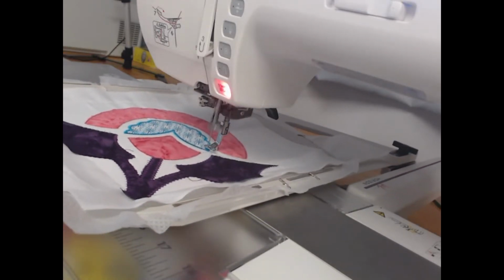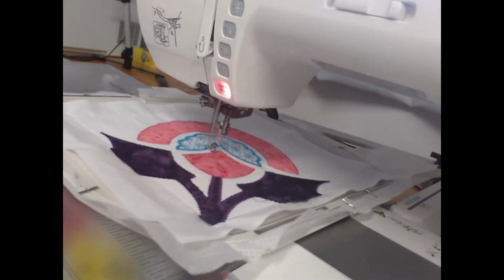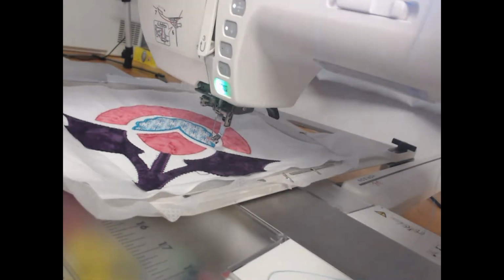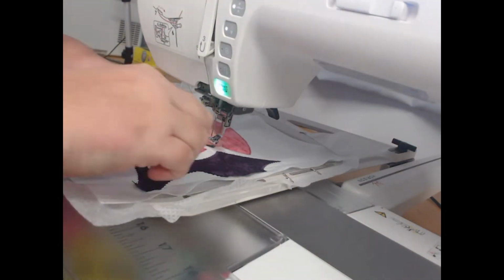Having said that, I've sped this up as I've edited the video, and my actual stitching speed was between 500 and 600 stitches per minute. So I'm now going to change over to the deep pink thread and colorway 11,